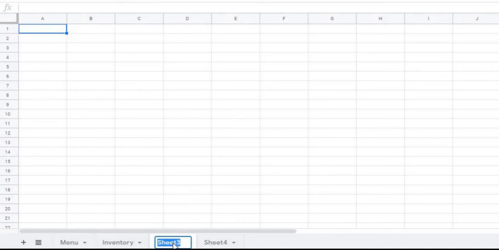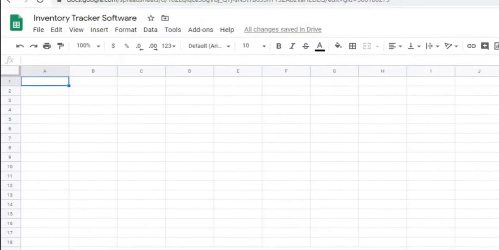Next one's going to be parts. And the last one's going to be locations. Important again to start with the capital letter and the rest of the letters in small case. So those are complete. I'm going to go to my parts tab and we're going to start building the header